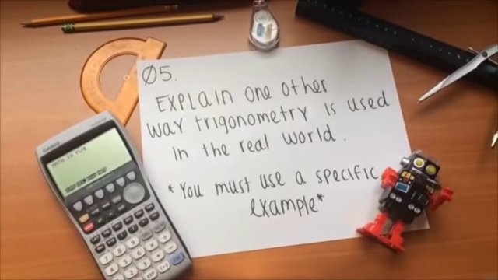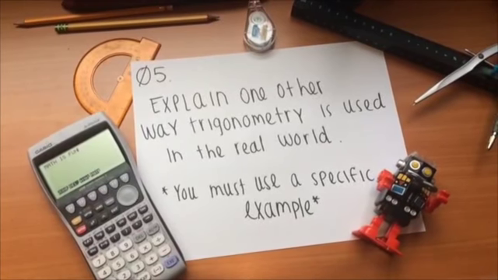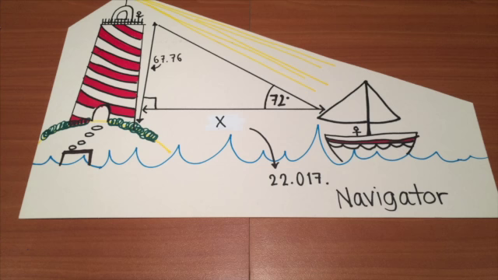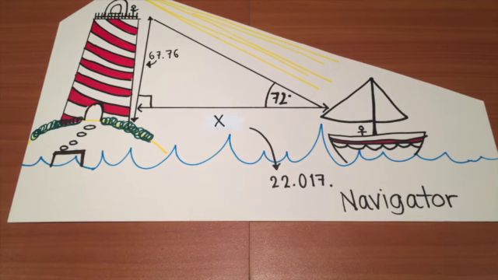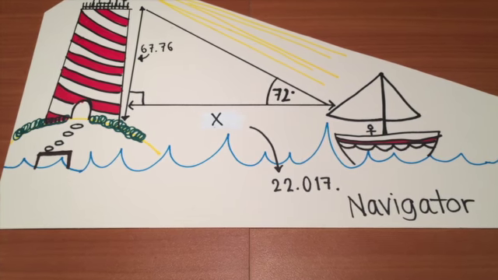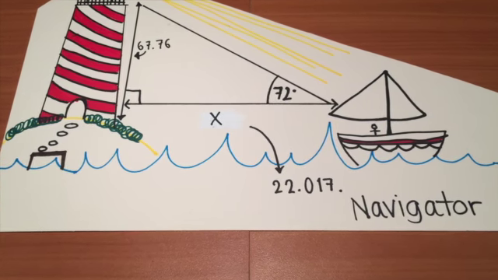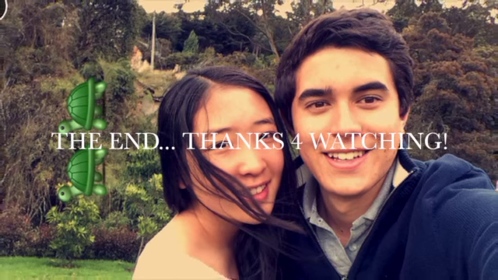Question 5. Explain one other way trigonometry is used in the real world. You must use a specific example. We chose a navigator. Navigators use trigonometry to determine locations, to chart paths, or to determine how far a ship or a plane is away from land. This isn't easy, I just need to say